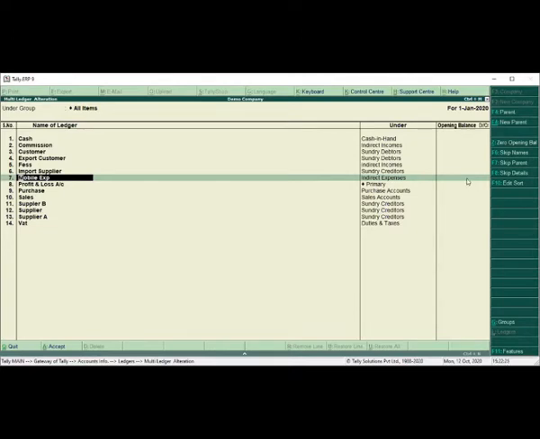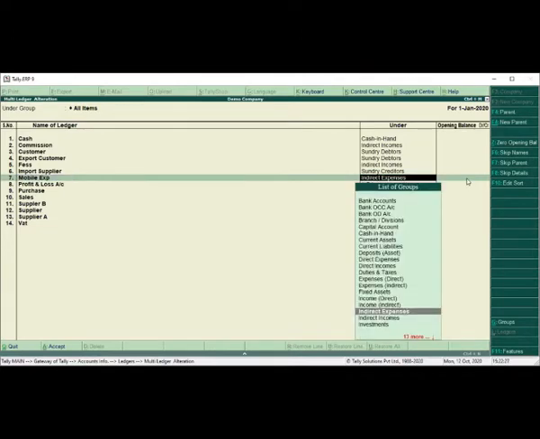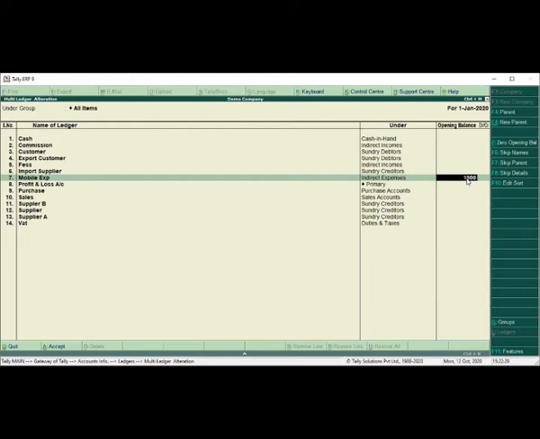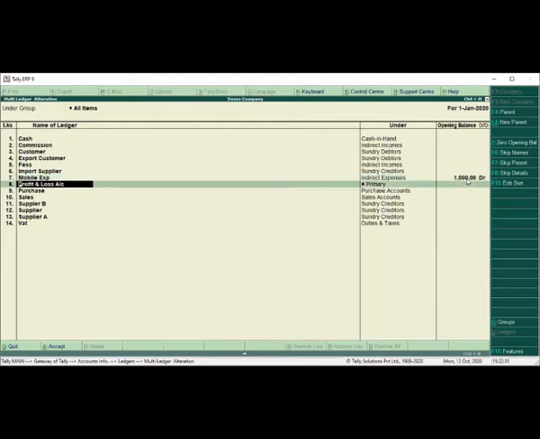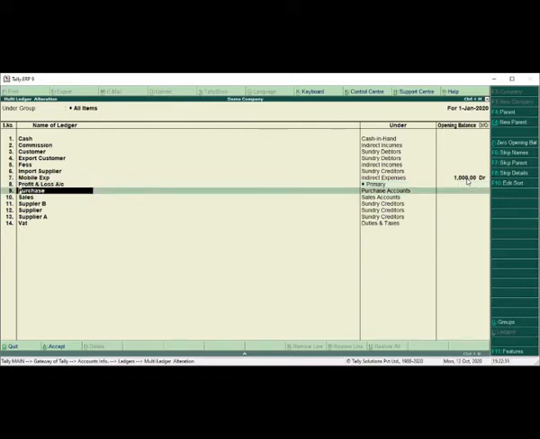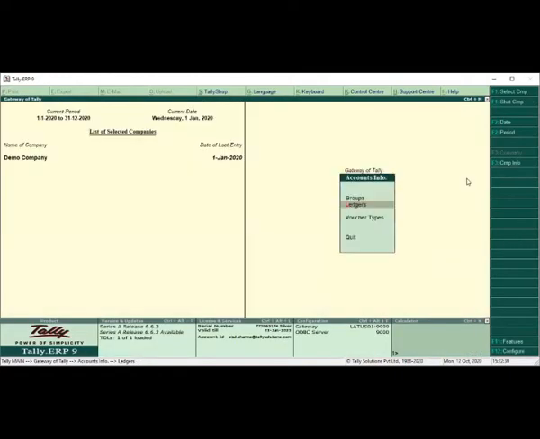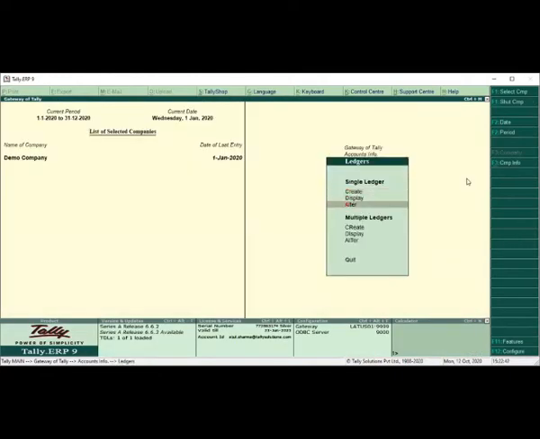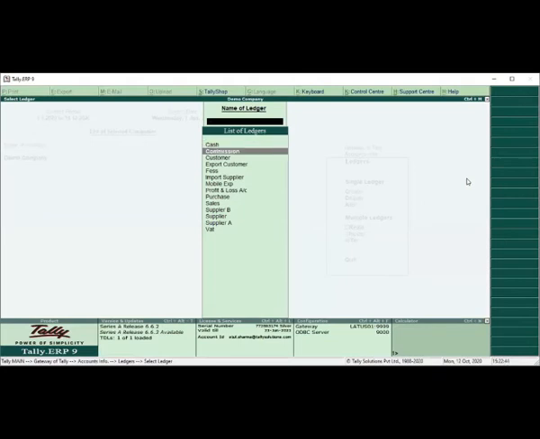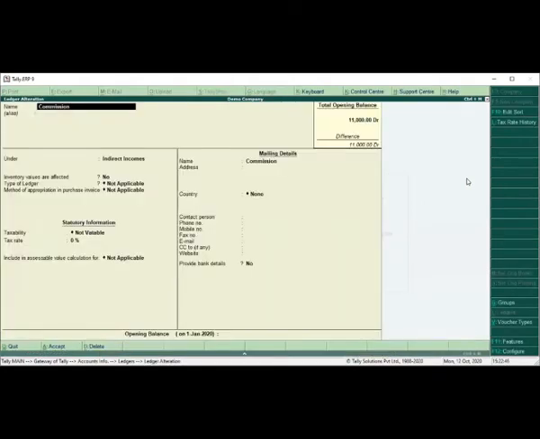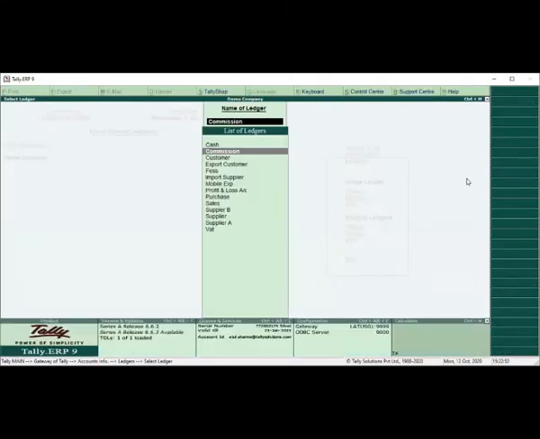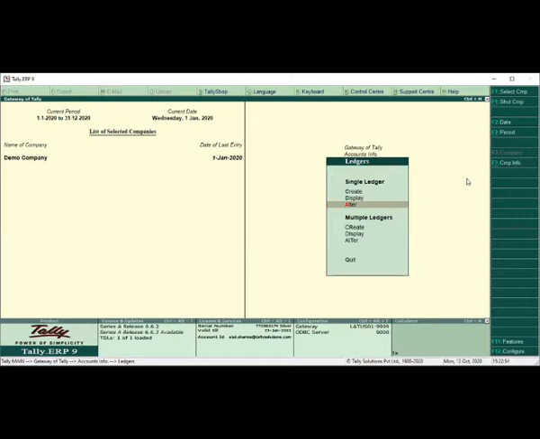But if I want to add the opening balances, you can add them from here itself, you can make the changes and create it. Now let's take a scenario where I have multiple branches, or I have 2 different companies, but the masters I have created, or some of the masters, are the same.